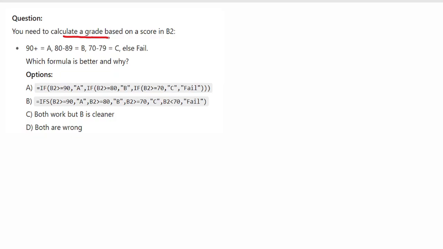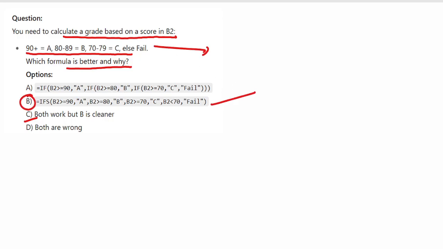You need to calculate a grade based on the score in B2. Here it's basically a grade else-if problem. Which formula is better and why? So the correct option here is option B. Both work, but B is cleaner. B is a better choice for this data because the IFS function avoids a long nested IF statement, so it is easier to read.